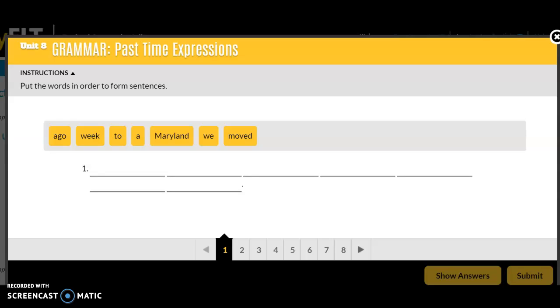In this activity, you will put the words in order to make a sentence. Remember that we put time expressions at the beginning of a sentence or at the end of a sentence. I will give you a moment to try number 1. The answer for number 1, you can pause if you need more time, is we